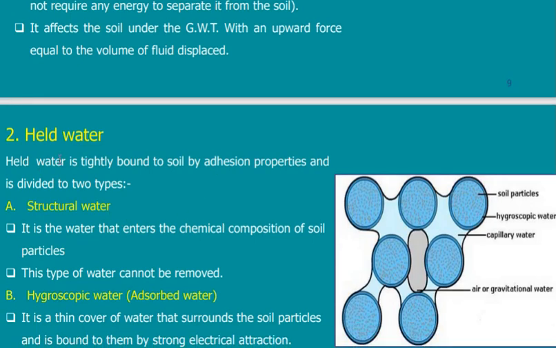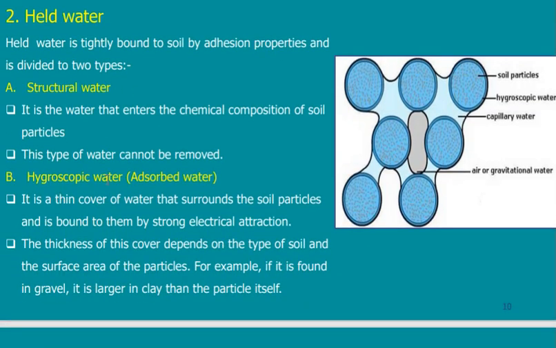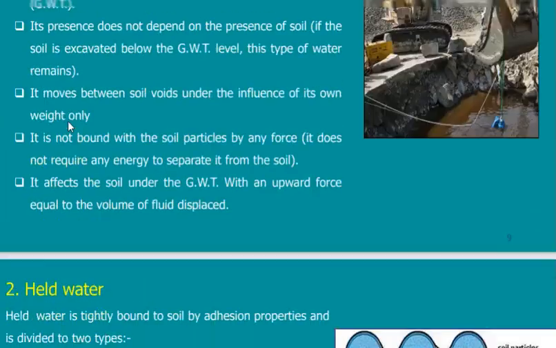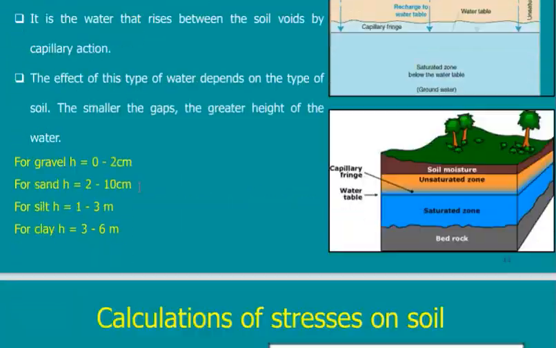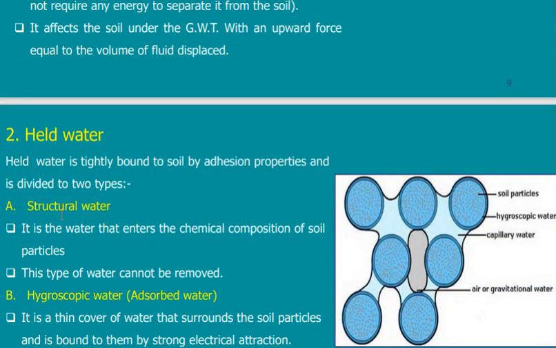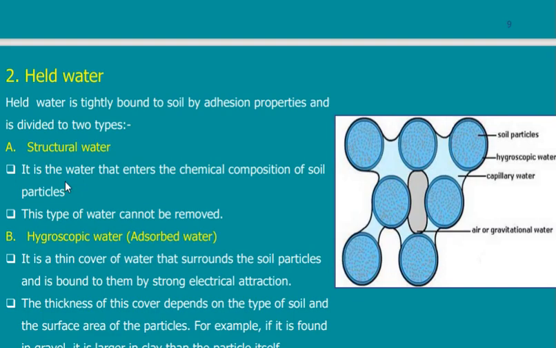The other type is called held water. Held water is tightly bound by the soil by adhesion properties and is divided into structural water and hygroscopic water. So we are adding categories. Structural water is the water that enters the chemical composition of the soil. So this is the first type that we have seen here. This one, and this one. These are bound water, they cannot move. So it is the structural water, it means it goes inside the structure of the particles and it cannot be